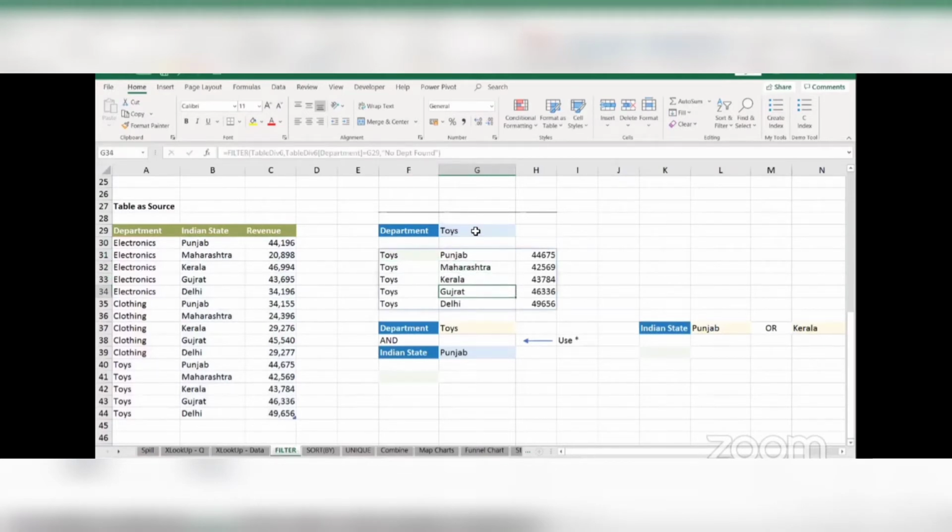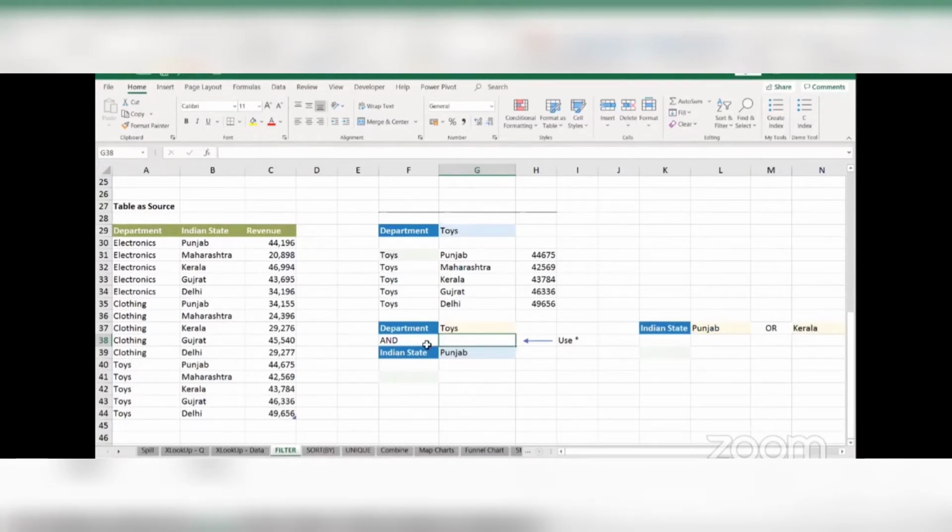All right. So I think this will make the filter formula pretty clear for you all. So with that being said, let's move on to a little bit of a more advanced filter formula. Till this point, we have looked at how we could enter a single criteria. What if we have multiple criteria to enter?